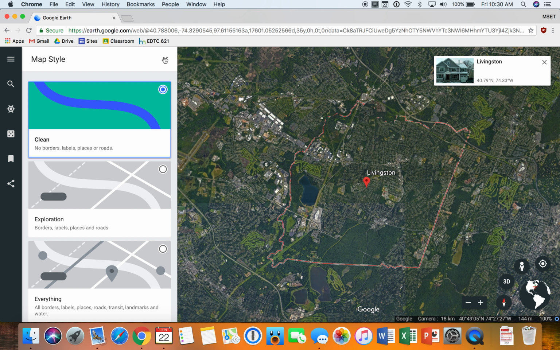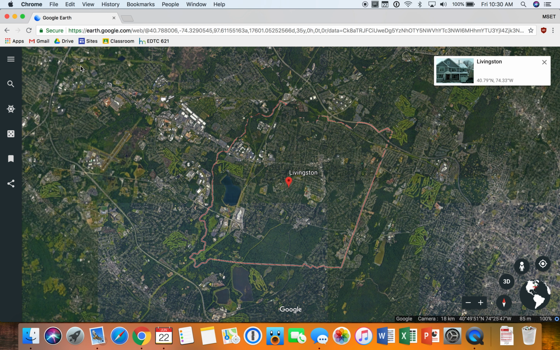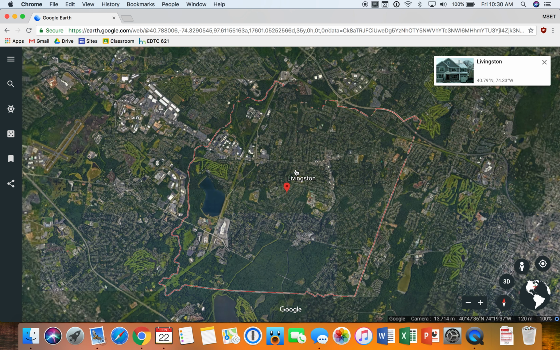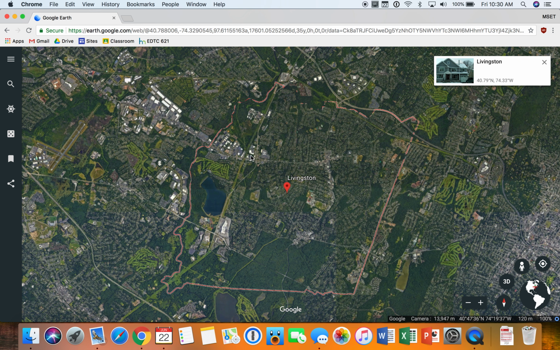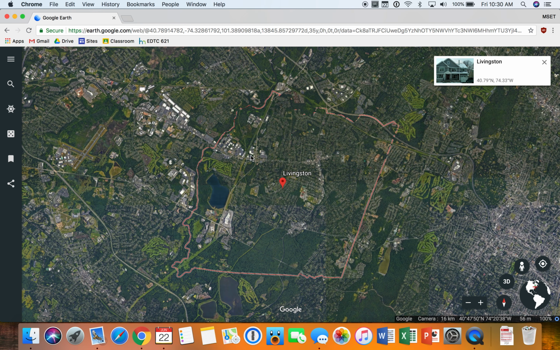And then you may have to retype in your search, or maybe not, I didn't here. So you can see this is Livingston. I could use my trackpad here to zoom in a little bit and kind of center it on the frame. And what I'm going to do is take a screenshot of this. And the reason I'm going to do that is because we are going to use this map to actually label it in Activity 2. So I'm on a Mac here, so what I could do to screenshot is I could